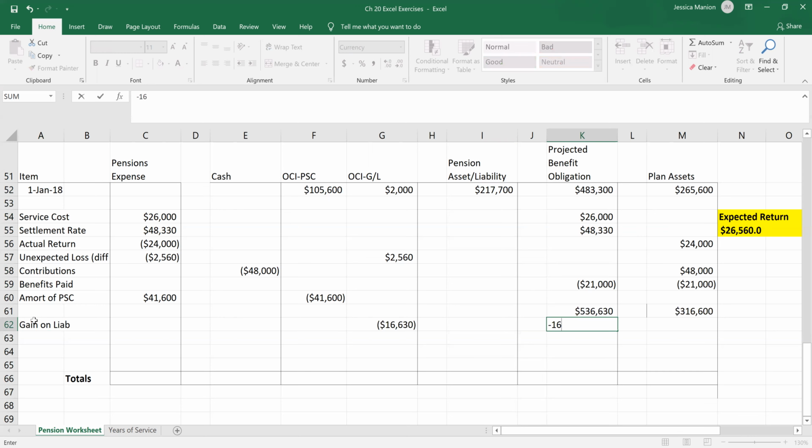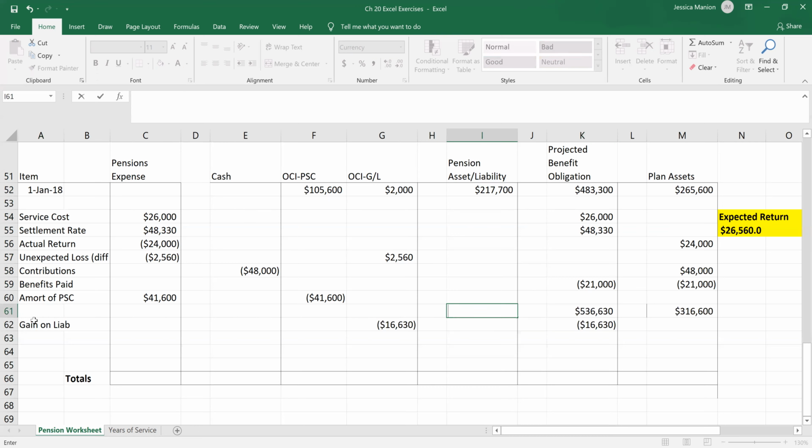This is going to decrease projected benefit obligation. And then we need the difference between these two in this liability account. So equals, and I'm just trying to think because we want to decrease or debit the liability for the difference. So let's say, just like we've been doing,